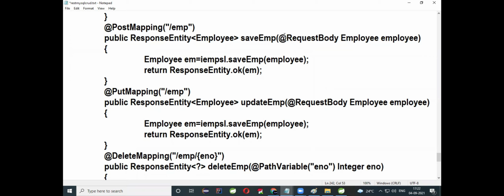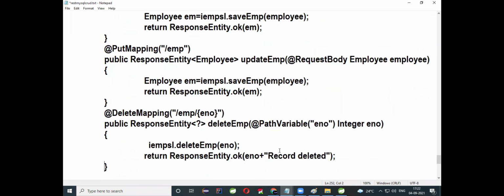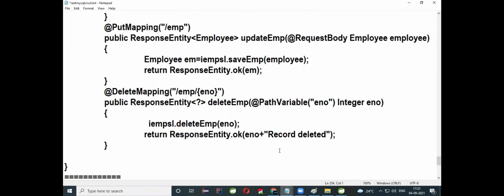So for update and save, we have to use the @RequestBody annotation. Is it clear? We are invoking this particular save employee method. Similarly, update employee has the same code. And coming to delete employee, based on the URL. If you want to delete the record, generally in real time the delete operation is performed by clicking on a hyperlink. So in that scenario, we have to pass the input as a parameter for a method. Did you understand?